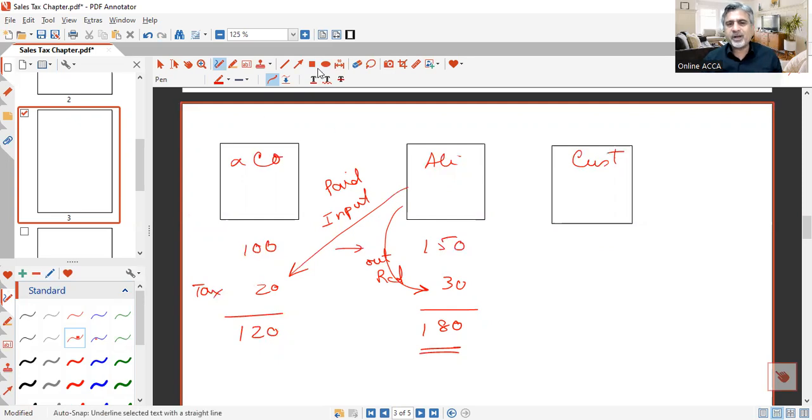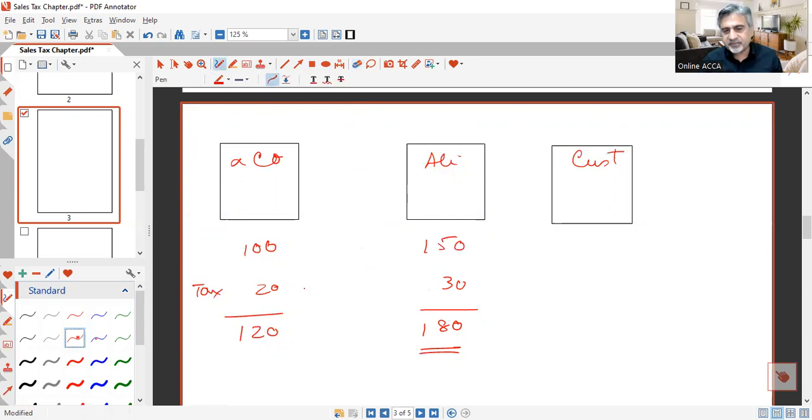So this was one way of seeing it. Now, there is another way of seeing it as well. Another way of seeing it is that you just see the difference between these two. So 30 and 20, so $10 you paid. There is another way of calculating it. The name which we have given for it, I said it before, is VAT, which means value added